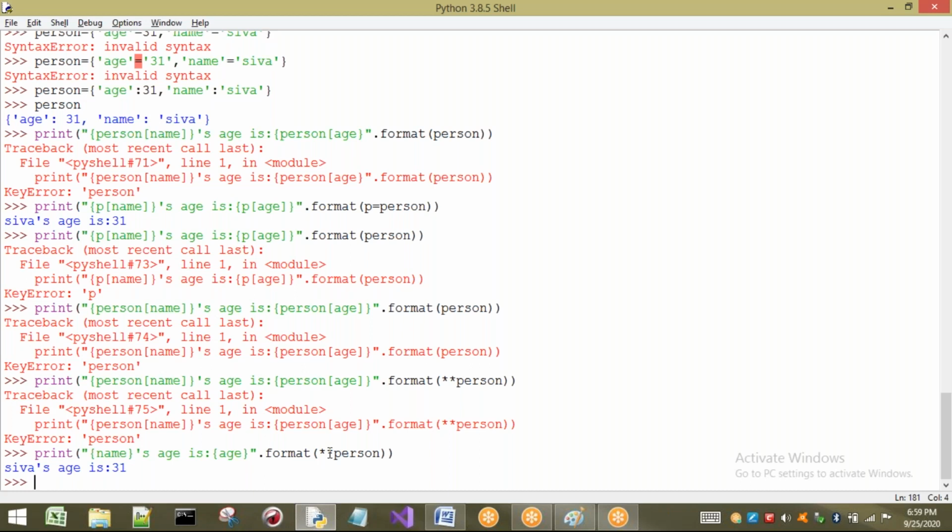So till now, what we have seen is the formatting of numbers, formatting of floating point numbers, formatting of strings, and also dictionaries. So this is about the concept of formatting.